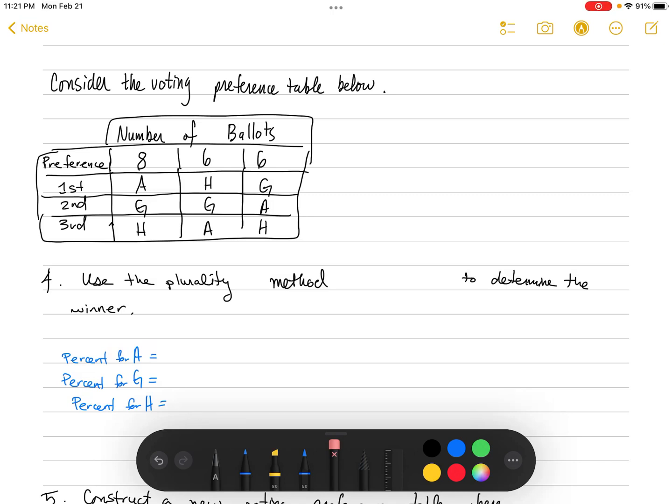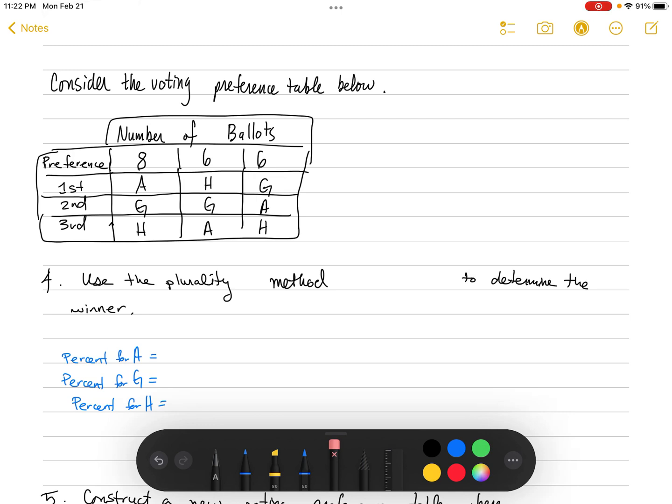So we've been looking at the voter fairness or voting fairness criterion. And we want to look at another preference table here. So let's look at the following preference table below, where you have a number of ballots of a certain type. 8 cast their ballots for AGH in that order for second, third place. And 6 cast their ballots for HGA in that order, and 6 more cast their ballots for GAH in that